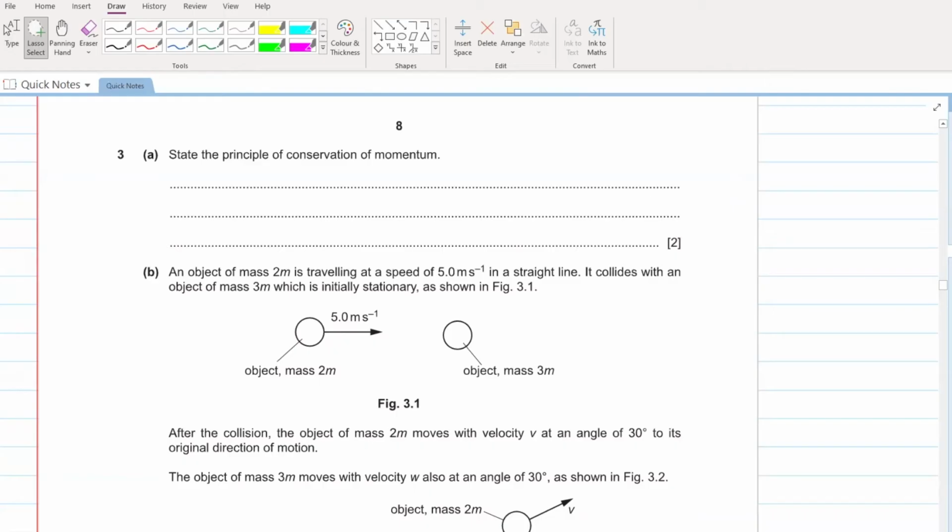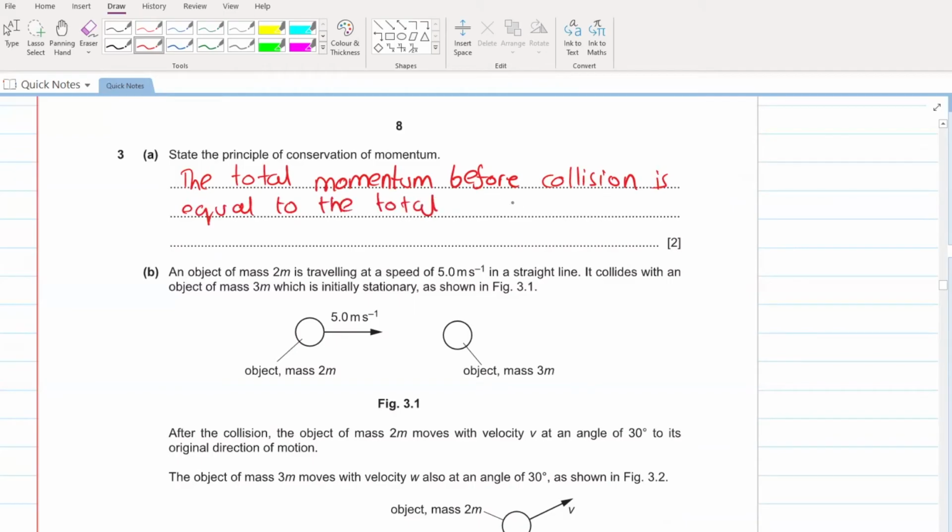Okay. Closed space नहीं लिखते बेटा, closed system लिखते हैं अगर आपने लिखना है तो. You will say, let's write this: the total momentum before collision is equal to the total momentum after collision,